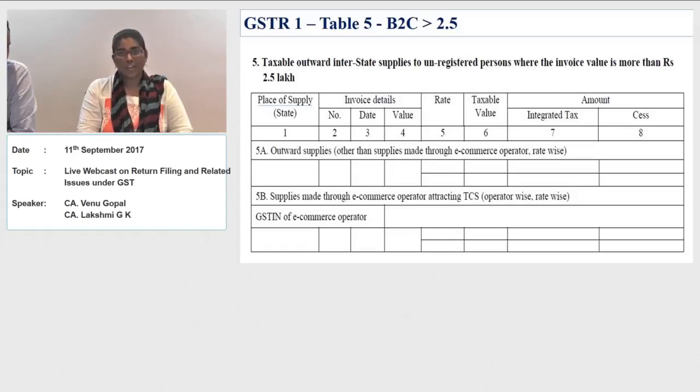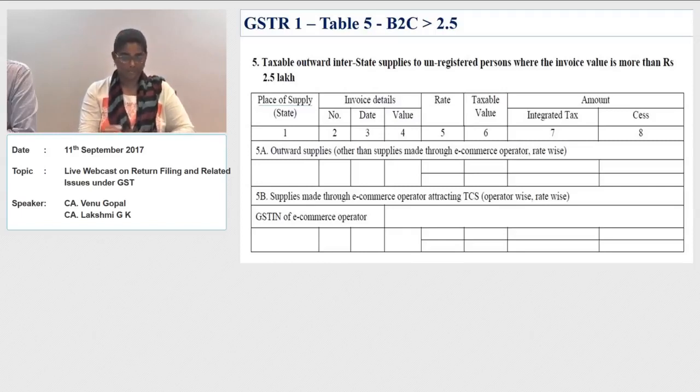Again there is a classification like 5A and 5B. 5A includes all transactions done to an interstate customer not registered under GST where the value is more than 2,50,000, and 5B covers, out of 5A, how many transactions have been made through an e-commerce operator. Presently the e-commerce operator provisions have not come up, and even if you have sold through an e-commerce operator, you have to show everything under 5A only, because their TCS registrations are not yet open and will open from 18th